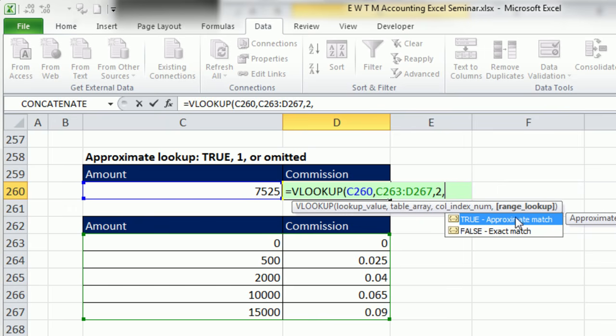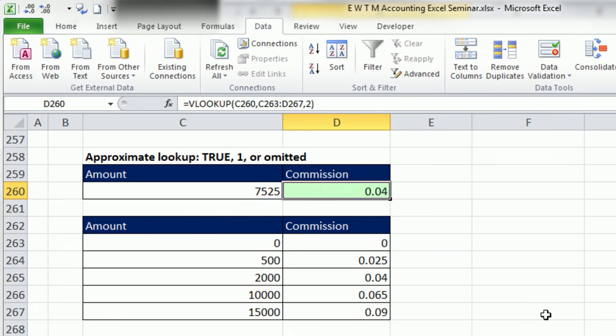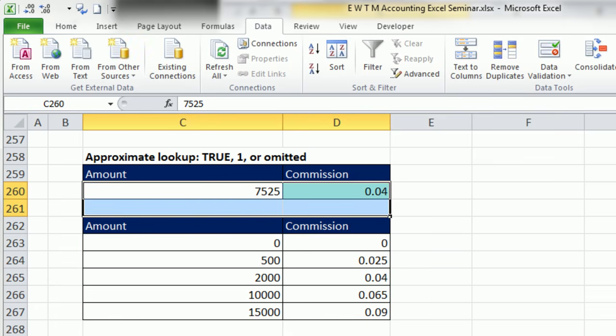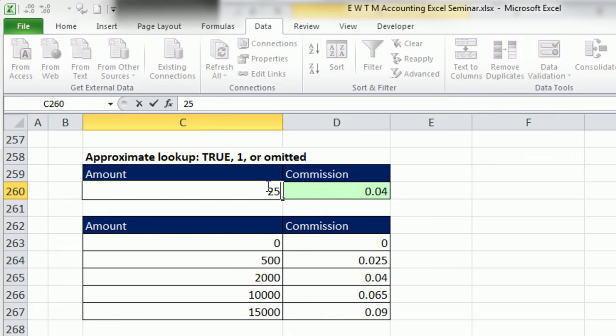Now, there's a hint in every screen tip: if you see square brackets around the argument, that means if you know what the default is, and that's what you'd like, you can just flat out leave that argument out. So when doing approximate match, we don't need that last argument. Only the first 3 arguments. And so now whatever we put in here, 2,500,